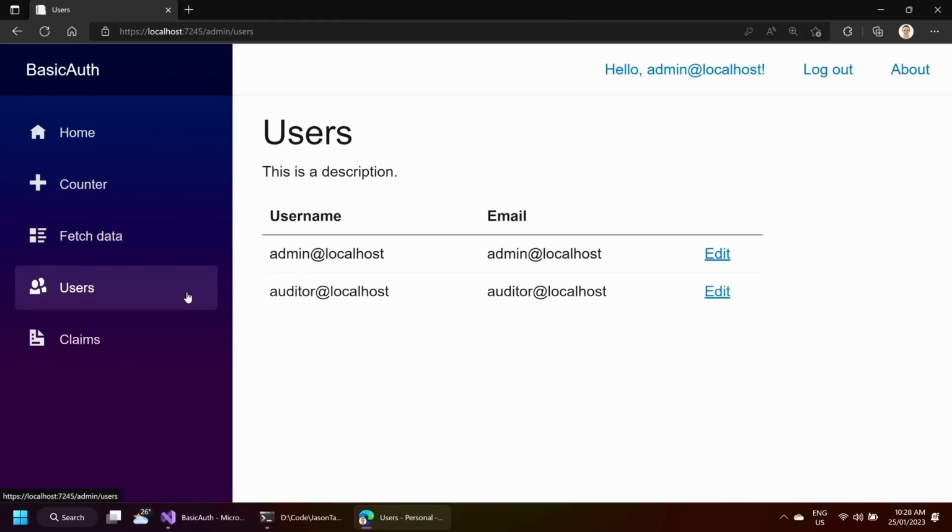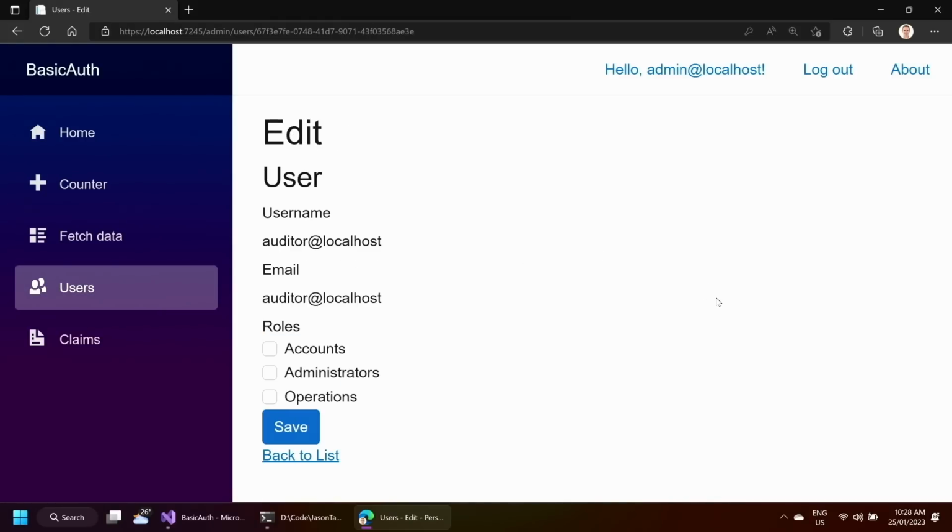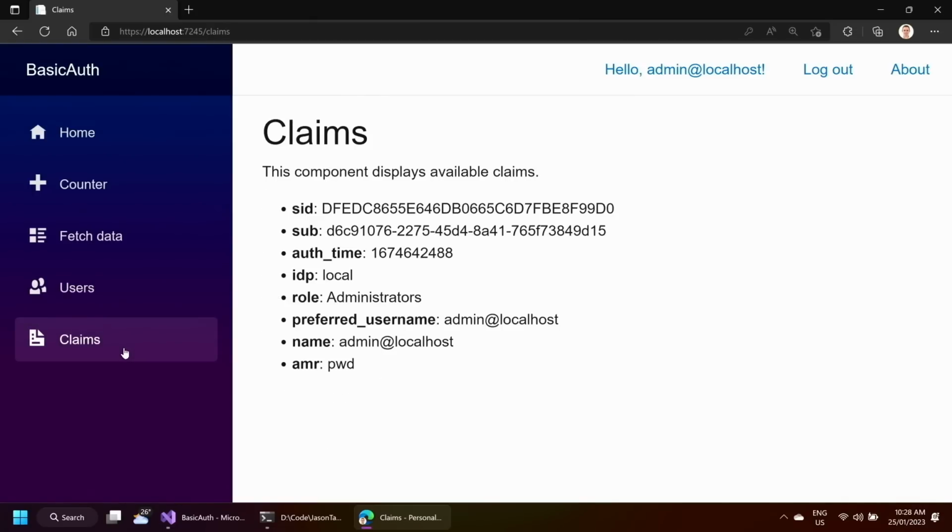But I've built a users page where I'm able to come in and edit the roles assigned to a user. And I also have a claims page so that we can view the claims associated with the user. You can see that we're passing the roles in as a claim, so we have access to that information on